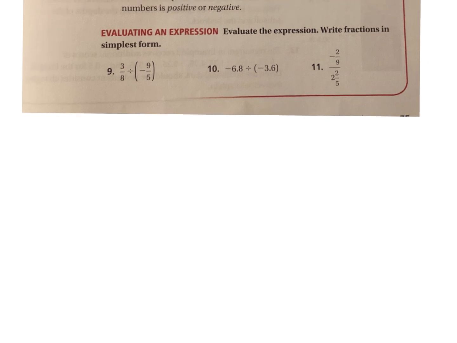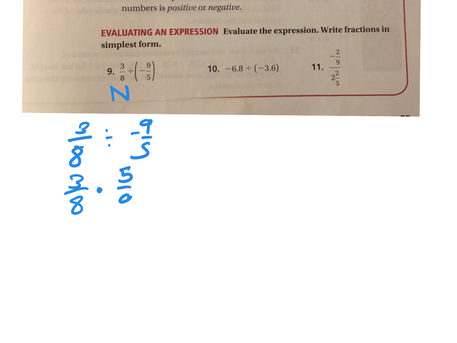Not worried about doing number 8. Okay, let's do 9, 10, 11. Number 9 is 3/8 divided by negative 9/5. Positive divided by a negative, it's going to end up being a negative in the end. So now I just keep that, change that, flip that,